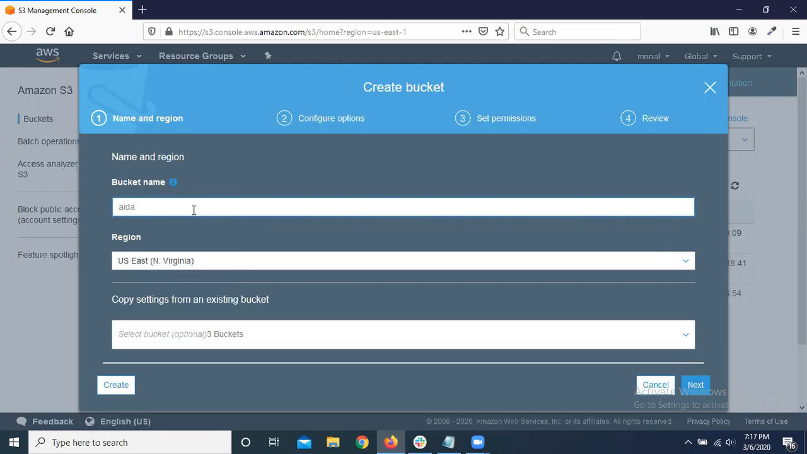Let's just give it a name, Ida DevOps class. I think we can create it right now because no one is going to use this complicated name. And after that, we have a region. So you might get confused